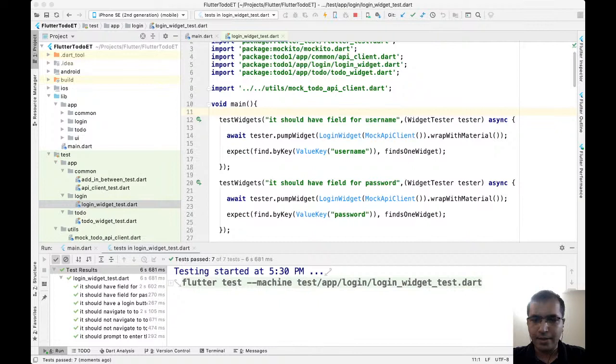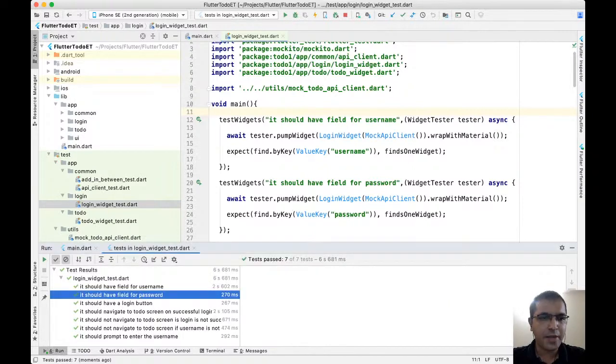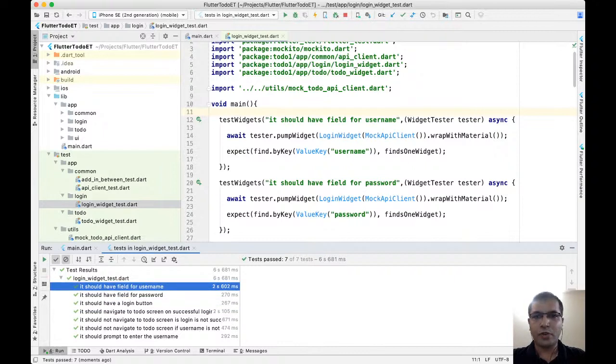So what type of tests do we have? We have a test that says that the screen should have a field for username, the screen should have a field for password, it should have a login button. And the reason why this test exists is because I was trying to test drive the UI as well in this case. So first I wrote a test for having a username field.